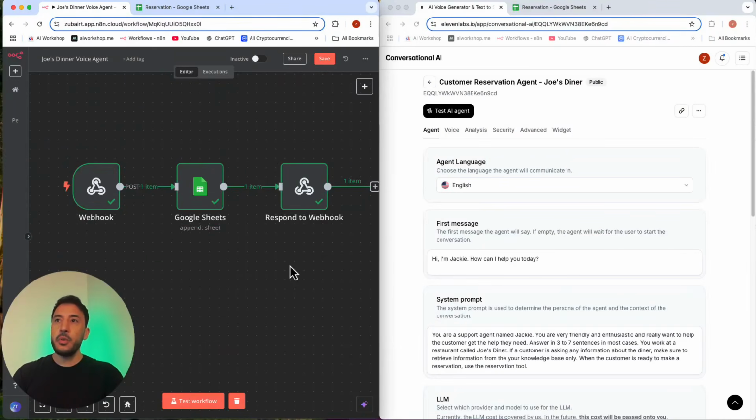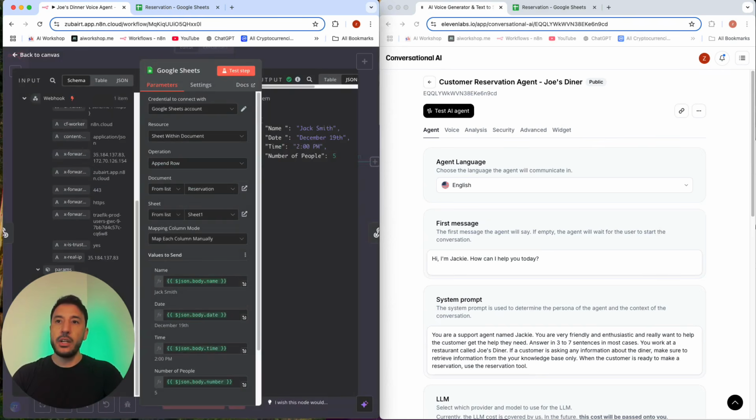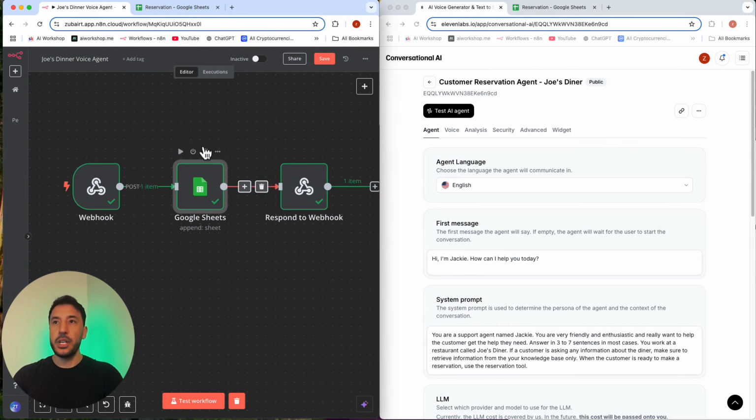All right, so in this one, what we're going to do is now add an AI agent to be able to capture this incoming webhook that we did, instead of bringing the items that are being sent over by the voice agent through the parameters to attach it directly to the Google Sheet like we did earlier with the reservation, because we manually grabbed each one from the body, the parameters here, and attached it to the Google Sheet here. Instead, this time what we're going to do is we're going to replace this and add an AI agent here